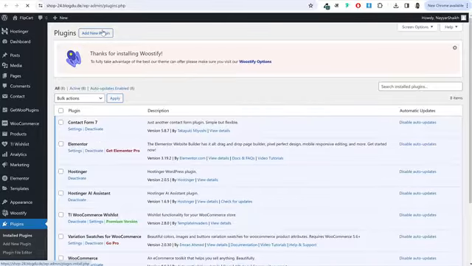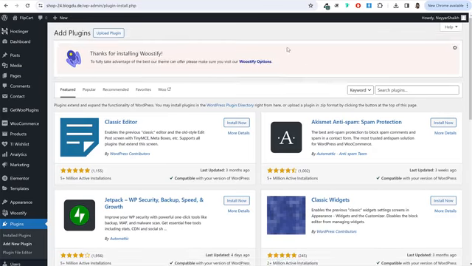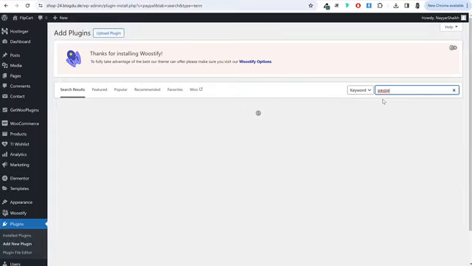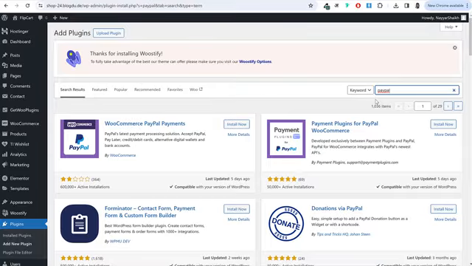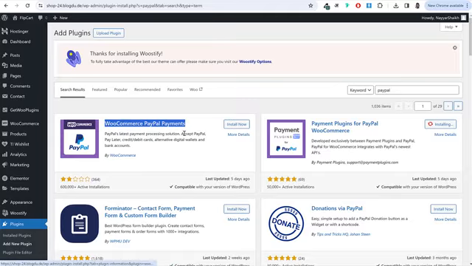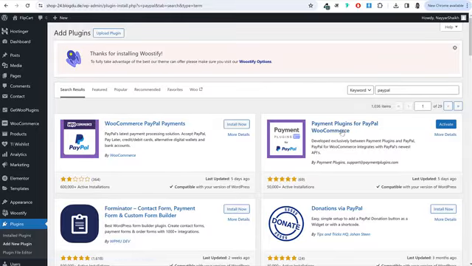Click on add new plugin. Now, if you want to accept payments through PayPal, you can search for PayPal plugin. There are multiple plugins for that. This is the one that I use, Payment Plugins for PayPal WooCommerce. Install this one. This is by Payment Plugins. You can also install WooCommerce PayPal Payments. This is the one that I use because you can also see the rating. This has more positive ratings. So if you use this PayPal plugin, you can now accept payments